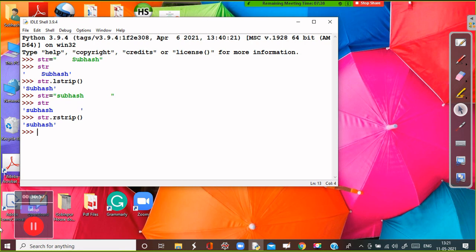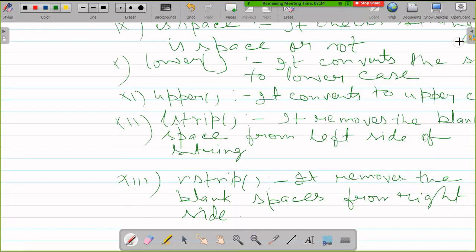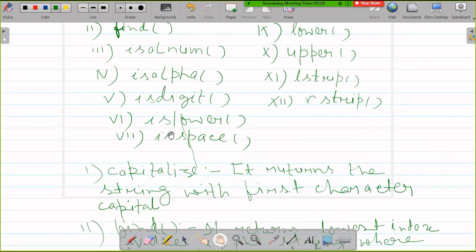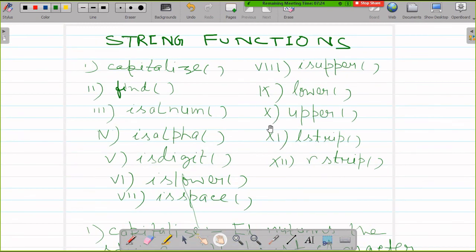So we have learned all the functions of string, and these are the functions there. Some other little bit functions are there also, but in your